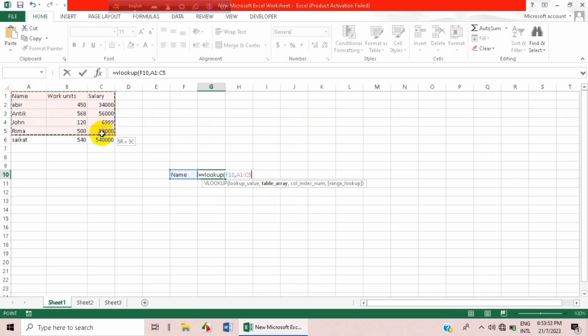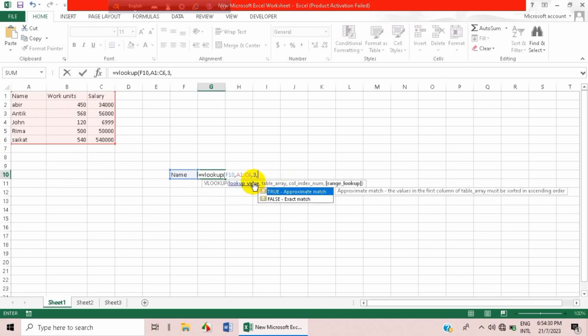So I will select this whole table, and then again I would put comma, and it says to give me the column index number. As you can see, there are some columns. So which column's data do I want? Let's say I want this salary column's data, so I will just put the number 3 because it stands in number 1, number 2, and number 3 column, as you can see, and then put comma again,